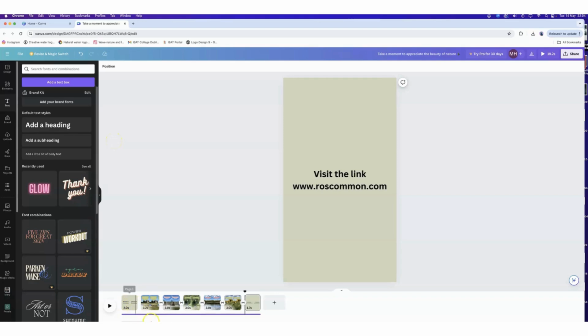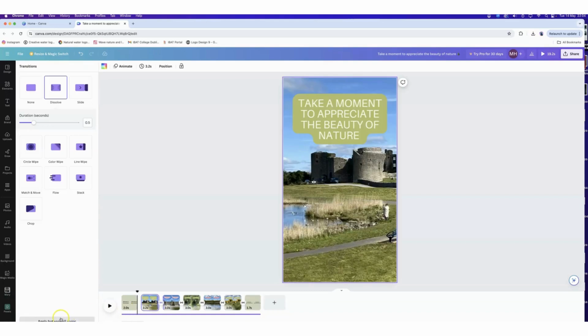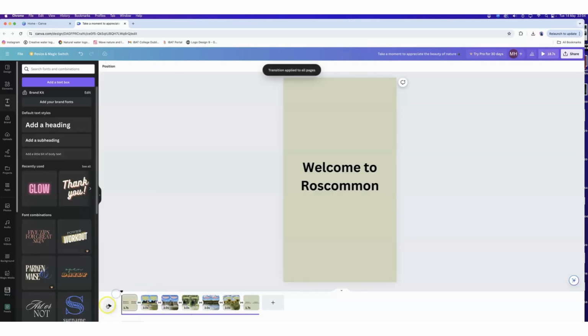So you'll notice that there's transitions in between all of these, but there's not between the first and the second. So if I go back to this transition here and click it, you might not be able to see that properly, but apply between all pages will ensure that it's applied the whole way along. So now if I press play,